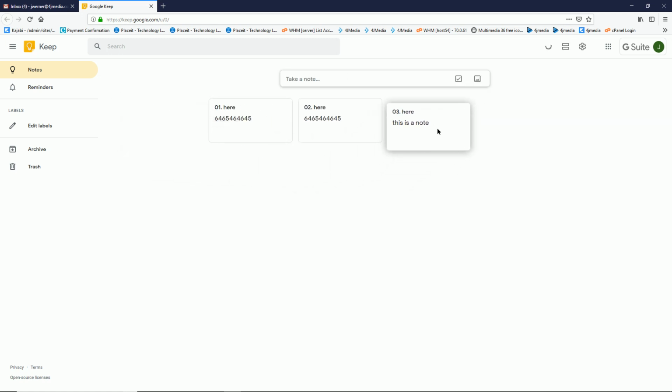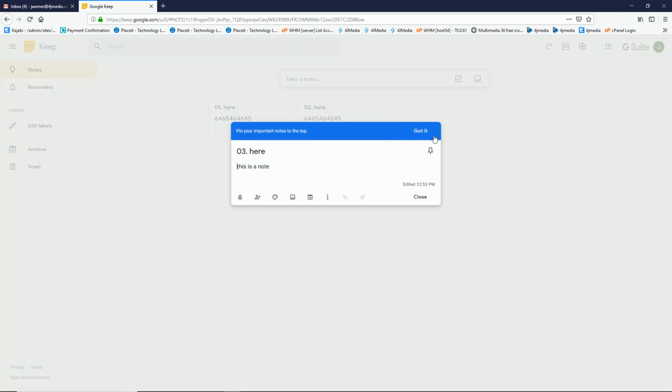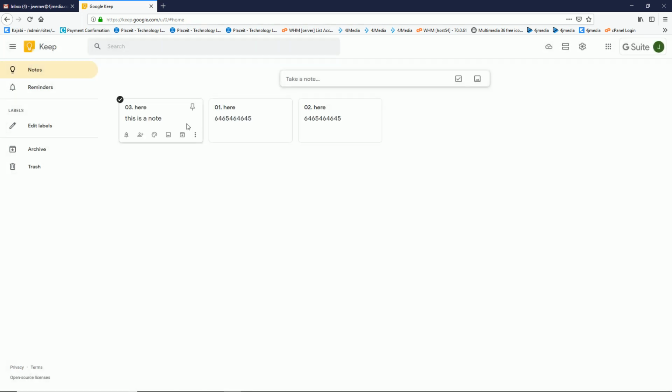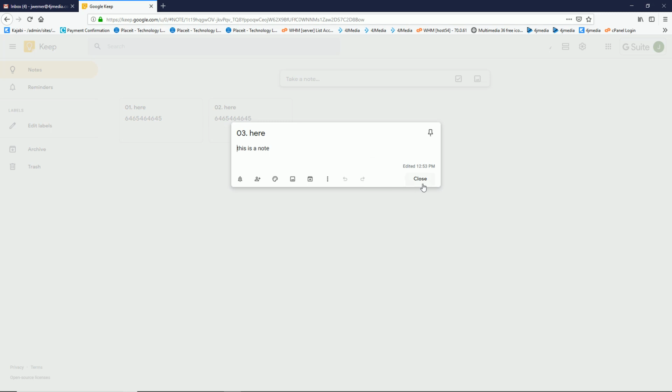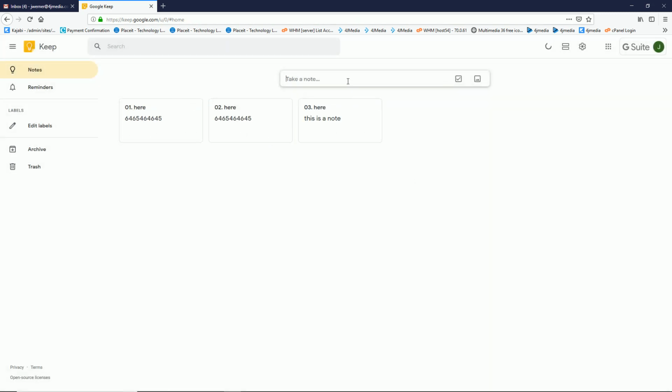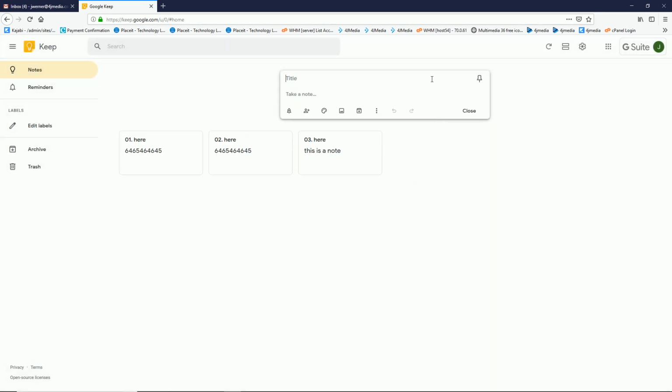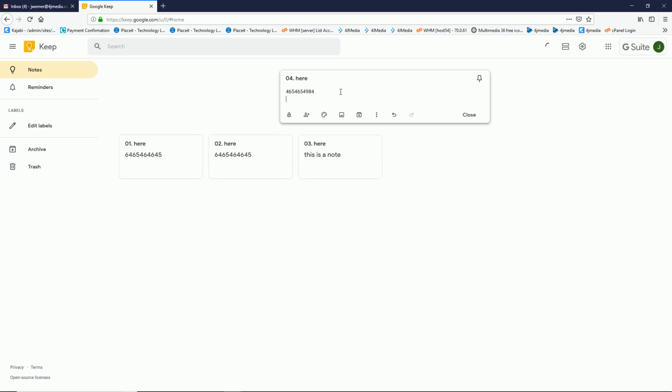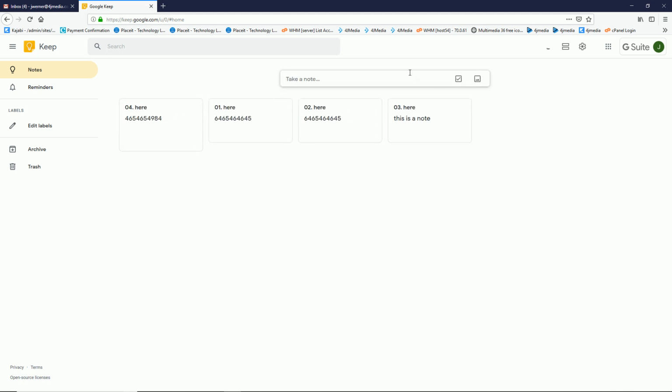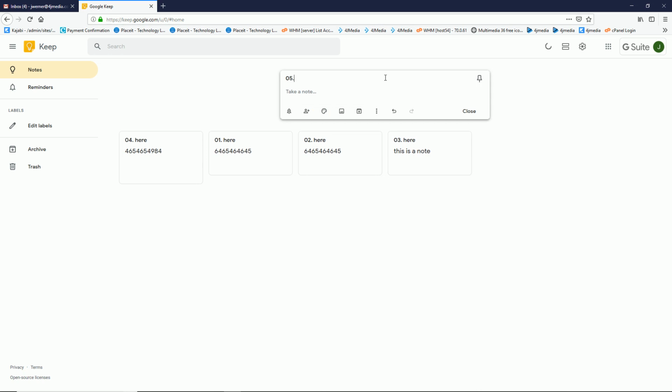What that's going to do is it gives you the ability to move it around. Got it. Close. It's going to give you the ability to move it left to right. So we're going to close that. And what we can do is we can type in 04 here. And then we just do the numbers. Okay, and then hit close. And then do 05 here,